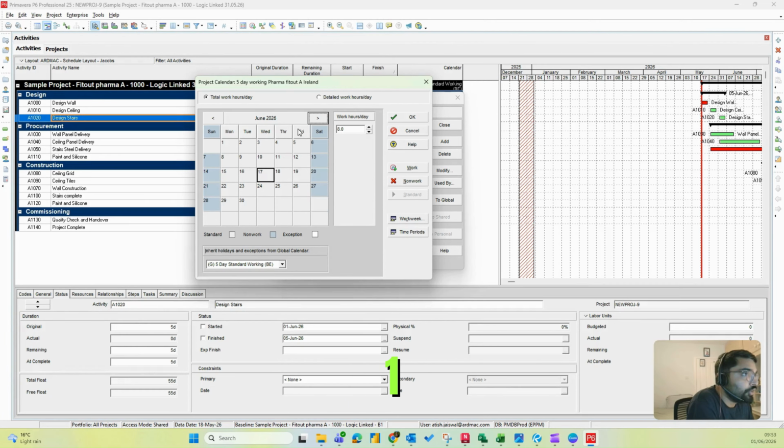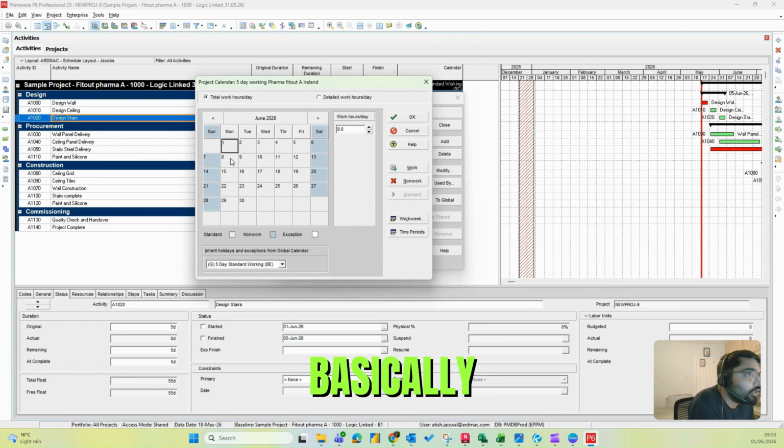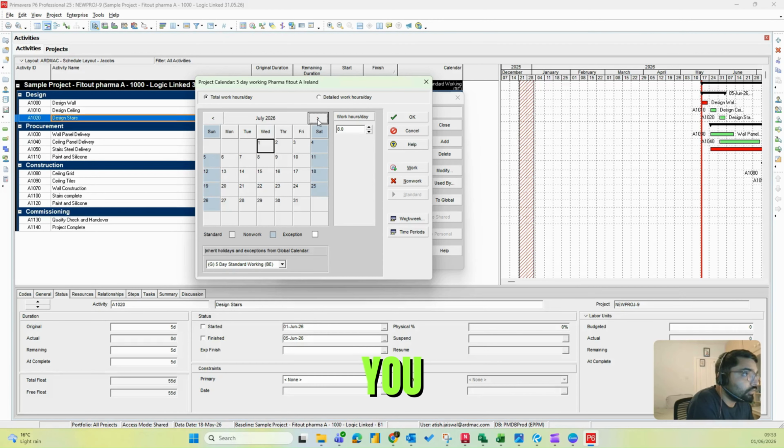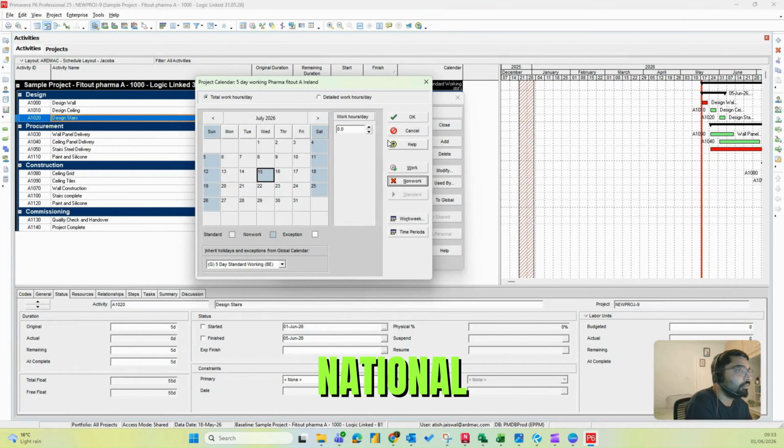Let's say it's June 1. June 1 is basically a non-working day, and it is a bank holiday in Ireland. So it would be a non-working day. And let's say you are working in Dubai and on the 15th there is Eid. So you will click 15th of July and mark it as a non-working day. This way you can amend your schedule calendar on the basis of national holidays